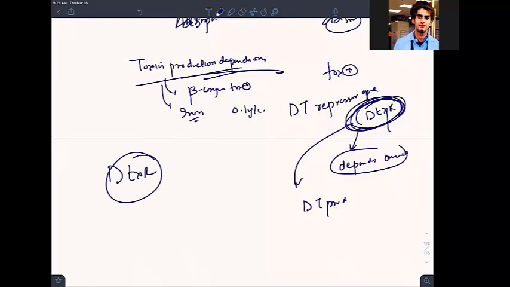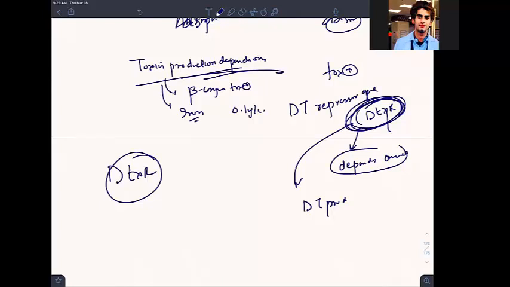If I want to decrease the production of DT toxin, should I increase or decrease the number of DTXR genes? I should increase the number of DTXR genes. Why, sir? Because the DT repressor gene is an iron-dependent negative regulator. Please listen to the words: iron-dependent negative regulator is the DT repressor gene. Increase the DT repressor gene, and you decrease the production of DT.